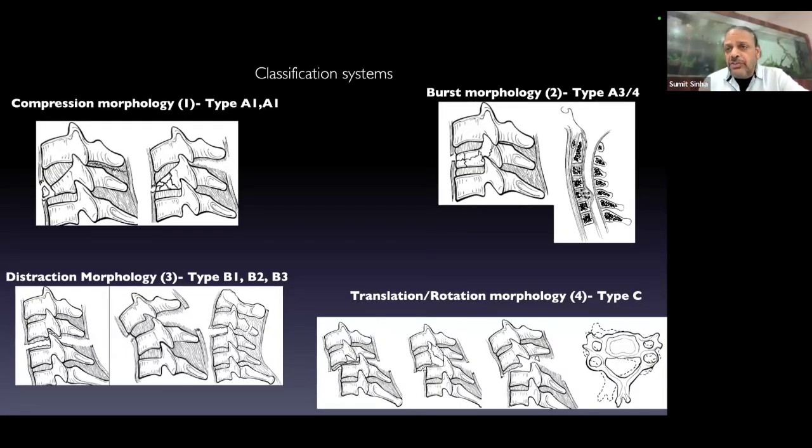What amount of fixation is required depends upon the patient's neurology. Suppose a patient is intact, then it will require a 360-degree fixation because you have to support while the patient is walking. If a patient is ASIA A or complete injury, and poor GC, then you can get away by doing an anterior only or a posterior only fixation. We will shortly see in the coming slide.